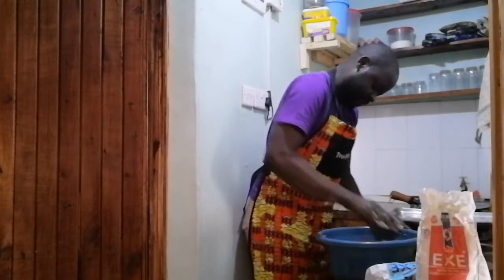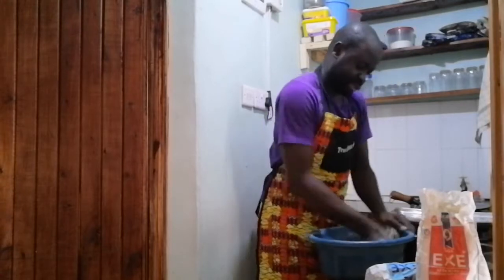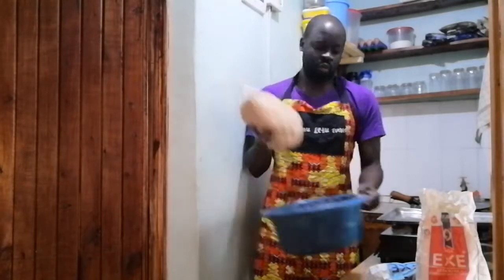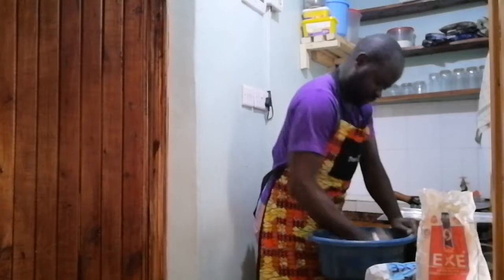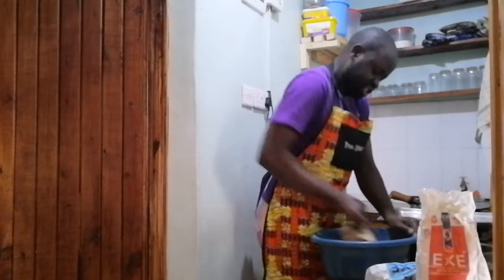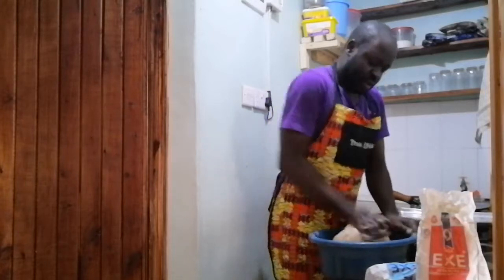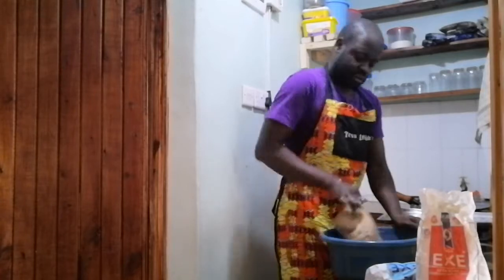It's very special. So make sure your basin is clean when you are kneading. Once you put the oil, the flour is well held together. Now you have set it aside, and when it holds together like this, it means your dough is good. It's not hard. It's a bit soft. So whenever you do this,